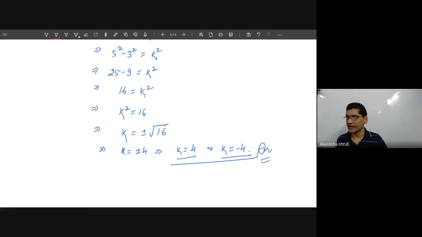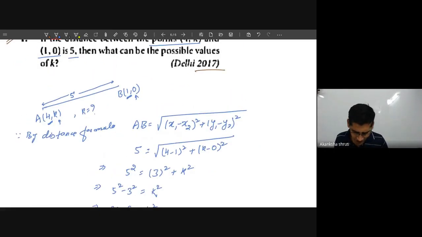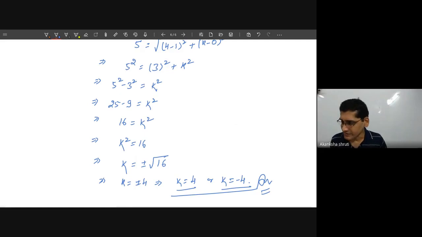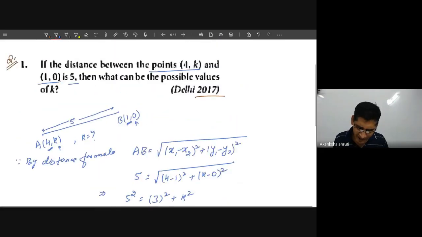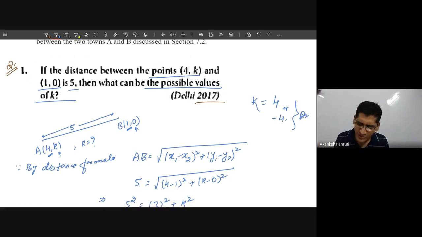Okay, so keep this in mind. If it is specified that the point lies in the first quadrant, meaning the point A must lie in the first quadrant, then while finding the value of k, the minus 4 has to be rejected. So whatever is given in our question, you have to correlate it and find it. But here nothing like that is specified. You have to just find the possible values of k. So all values of k can be calculated, and k could be either 4 or minus 4. Both are possible. Okay, student? So this way you have to do it.